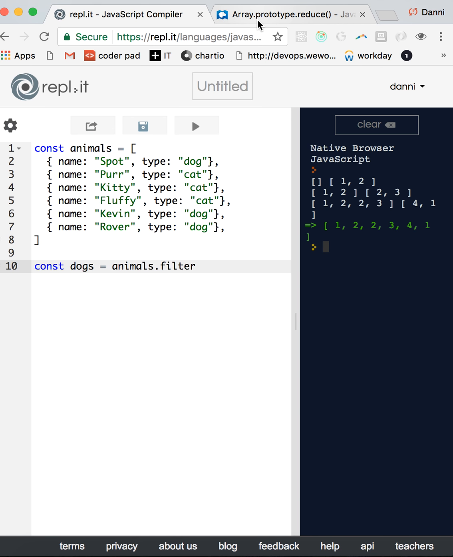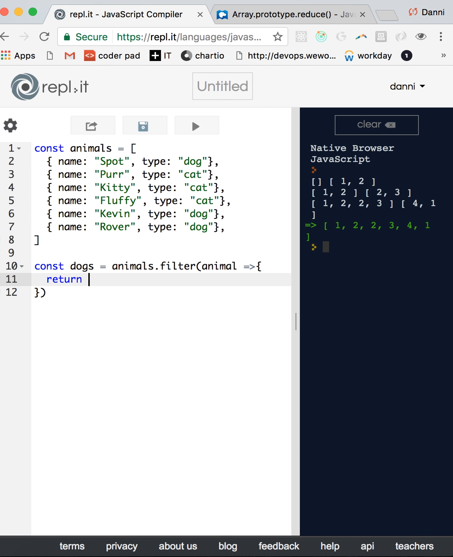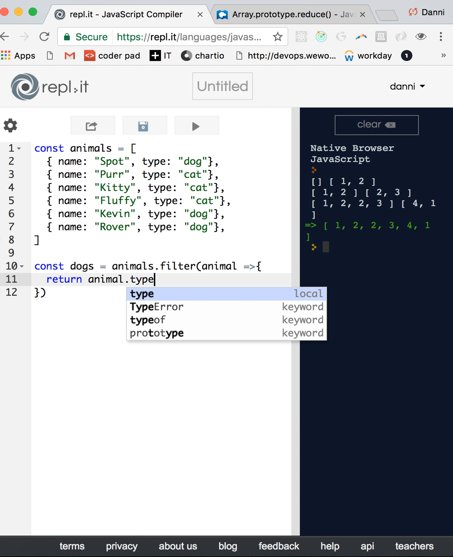And again, you can just look up filter in MDN, see what the documentation says. But I know that it takes in this filter function. So we are going to have each animal as we're going through, and then we can return animal.type